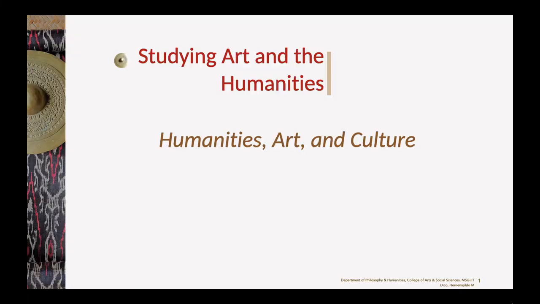In studying the art and the humanities, and in our earlier discussion, we learned that we wanted to study the humanities so we can have the grasp of man's greatest achievements. In studying this, there are already established set approaches, and these approaches are synchronic, where the classical and formal, and on the other hand, the diachronic, where the study of art is related to culture. Humanities and art and relating this to culture are the three interrelated concepts.